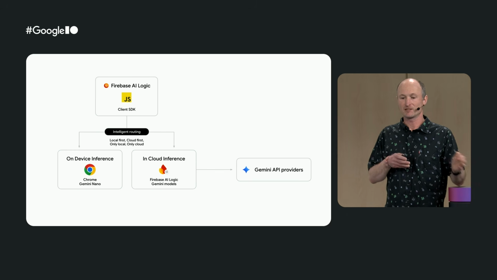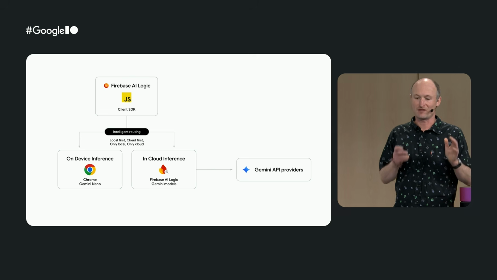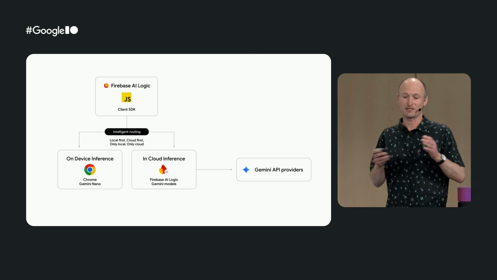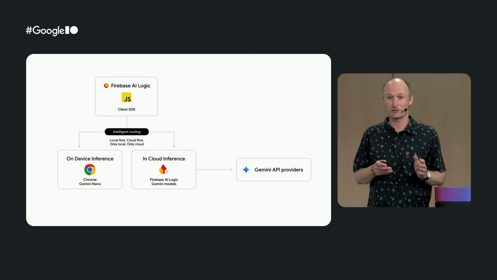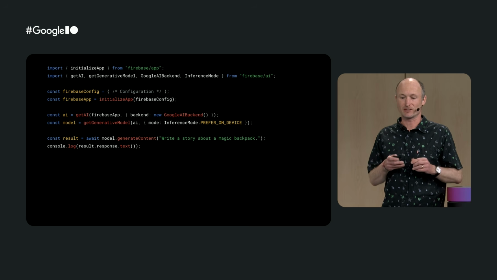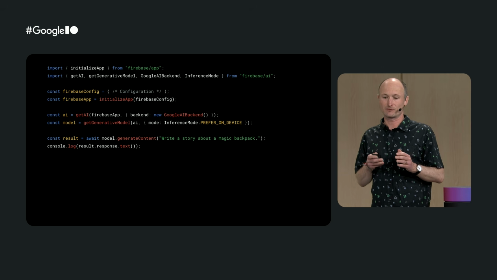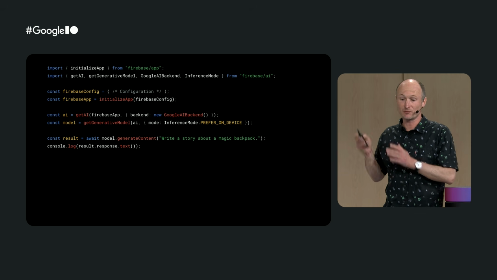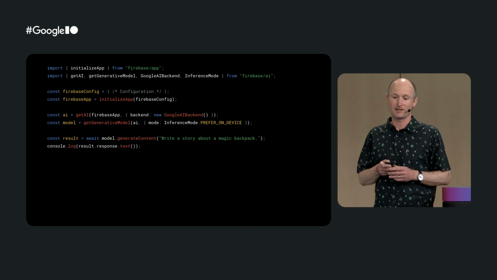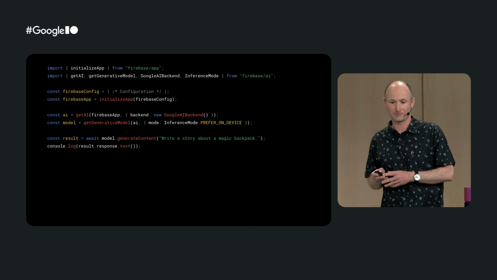Julia is the developer from the Trailblazers team who coded the blog post editor. She used the Firebase AI Logic Hybrid SDK to run hybrid AI in the cloud through intelligent routing, if on-device isn't available, like on mobile. This code snippet shows you how easy and smooth it is to connect your API to your app. You initialize your app with your Firebase config. Choose a backend and inference mode, like prefer on-device. And then you can run AI prompts against the local model or a configurable model in the cloud.